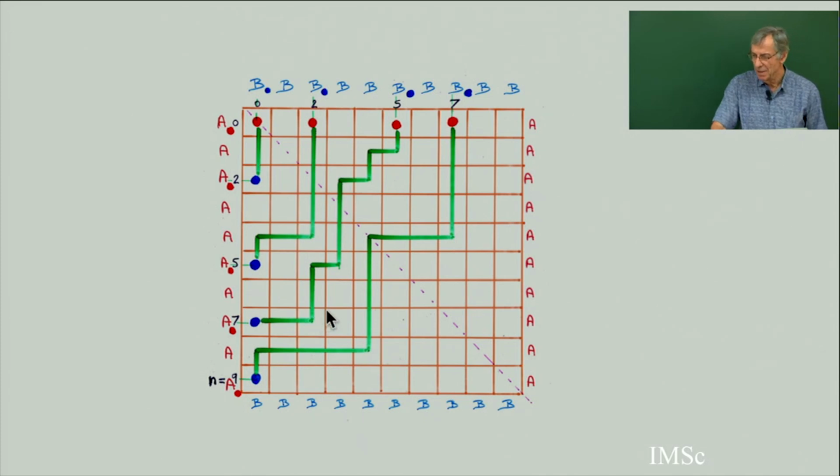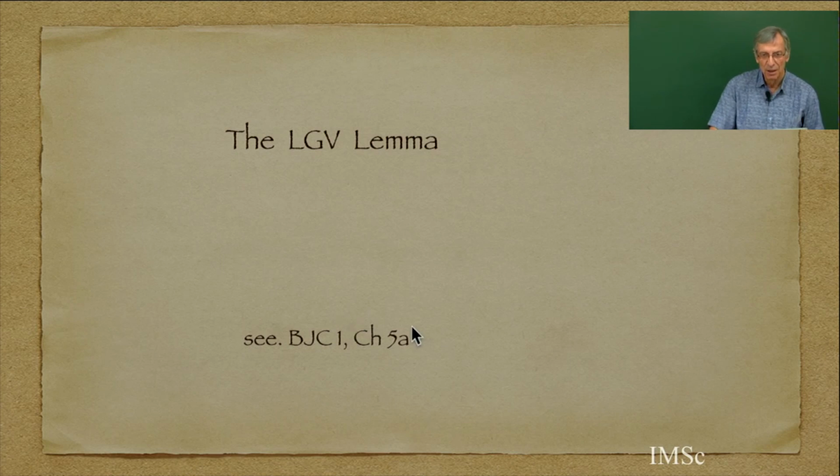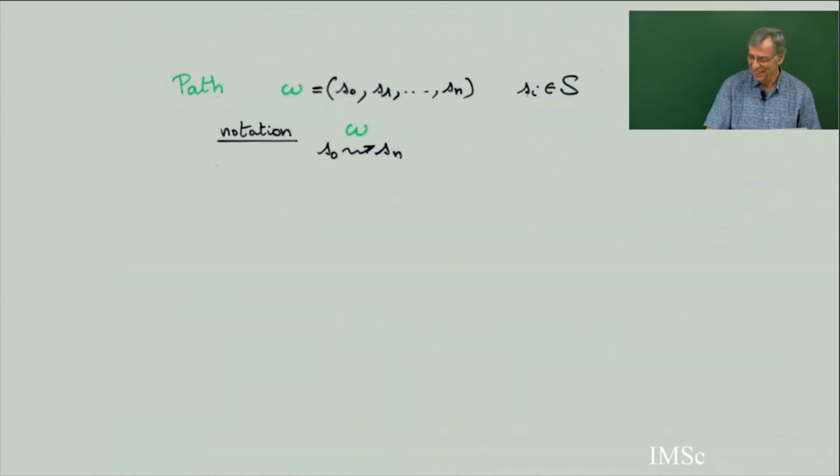For non-intersecting paths like this, there is a very classical lemma which gives you the formula as a determinant. So in that case, there is a determinant to solve, and this is what is called the LGV lemma, and there is a complete explanation in the first part of the class in chapter 4a. So should I repeat the lemma, or does everybody know the lemma? Yes? No? Do you know? No, you don't know, not yet. So I just remind you of this general lemma.